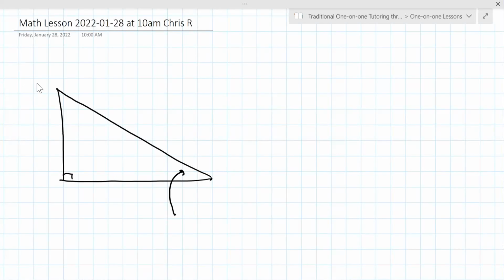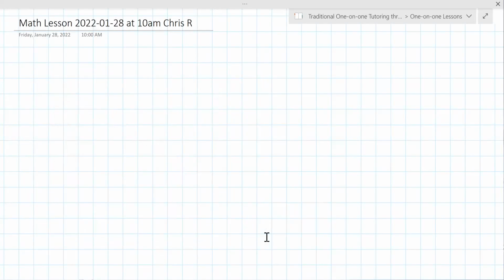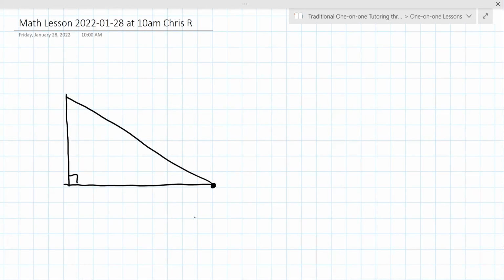Okay. All right. So I'm going to start over because you have to see it in context. So here's the ground, and assume you're here. This angle right here that's made with the ground is called the angle of elevation. Now let's assume you're in an airplane and you're flying this way,